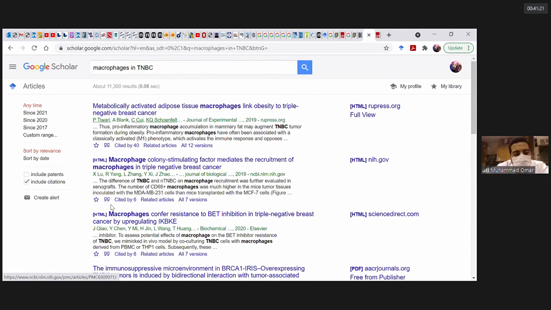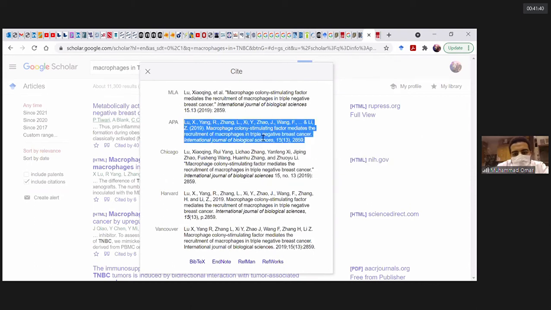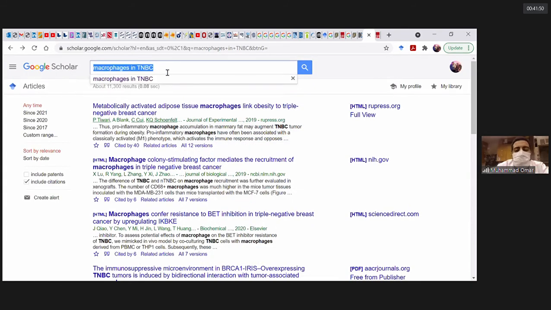So here, down there, you can use these two arrows. Can you see it? Yes. So this window will come up, and here are different citation styles. You can just take this, copy and paste it in your file. You got it? Yes. Again, you can type here the author name, the title of your paper, whatever you need. So once the paper comes up,